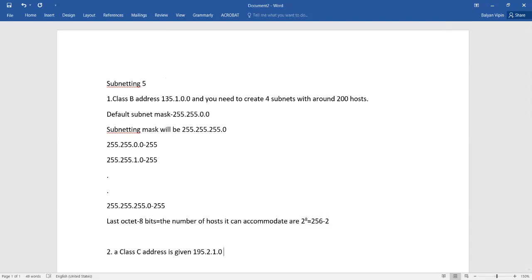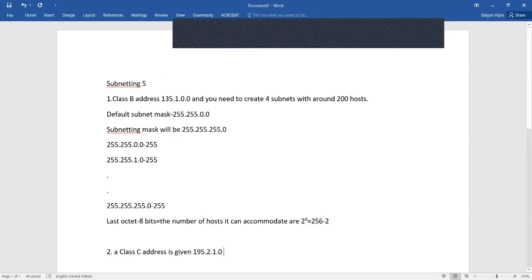So the number clearly indicates that it's greater than 192, so it's a class C address. So you can say it's greater than 191 because 192 is already in class C. So in this you have to create 10 subnets